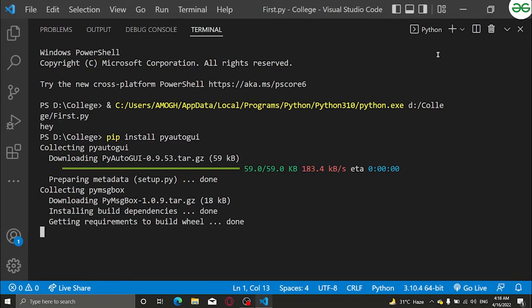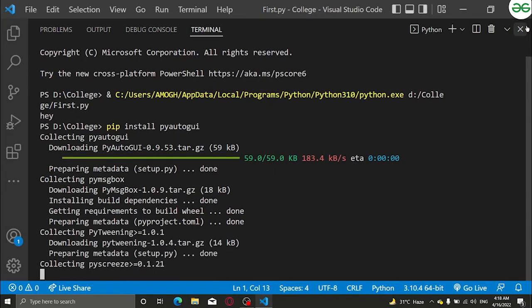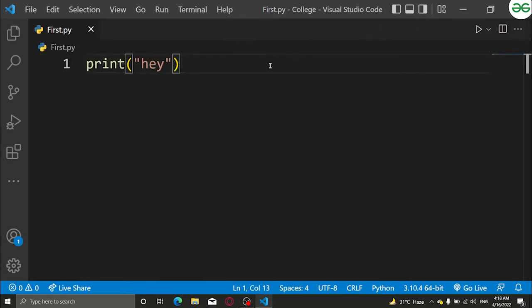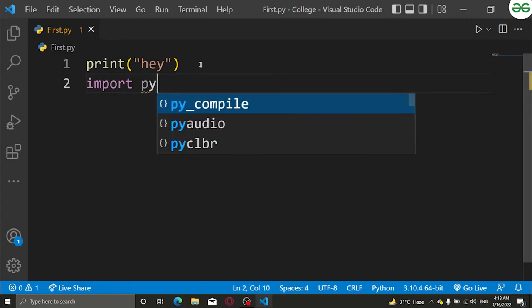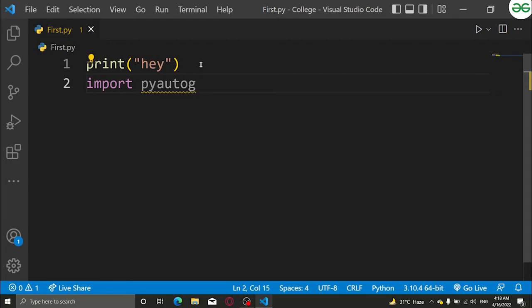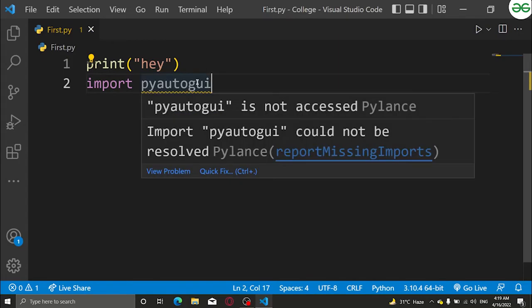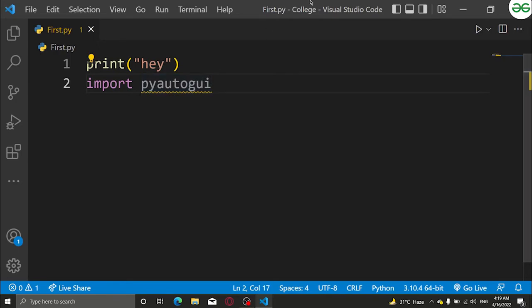And then I just have to write import PyAutoGUI, and I'm good to go. I don't have to write all the lines, right? So this is what a package is all about.